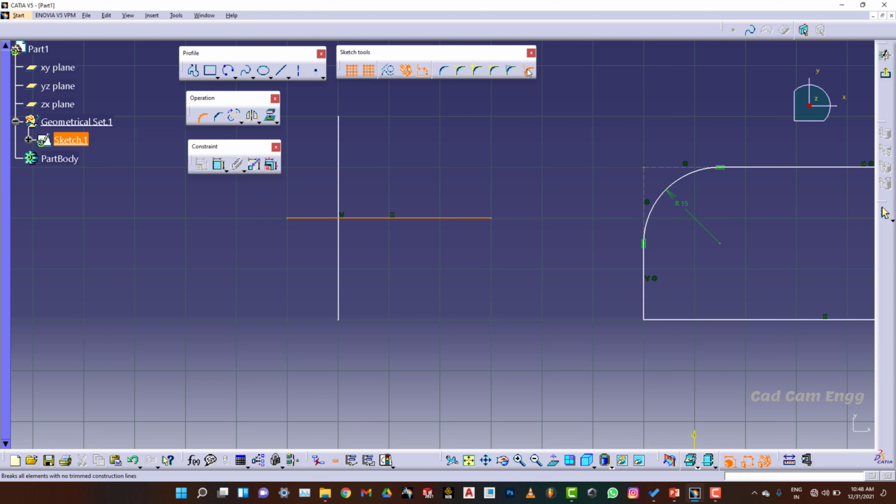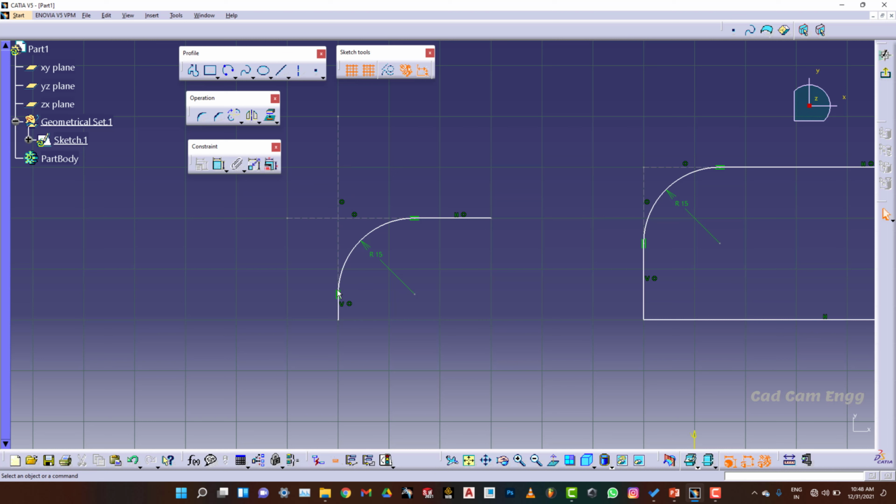In the case of construction lines also, we can do the same. I'm selecting this and then both the edges, and I'm giving the radius. My construction lines extend up to here, not trimmed, the outer portions are not trimmed, but only the lines turn into construction.